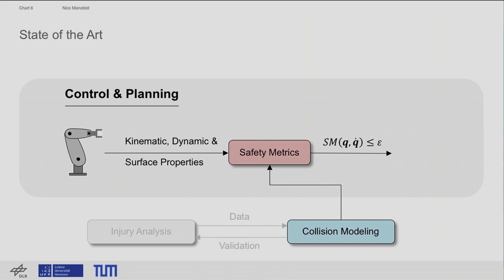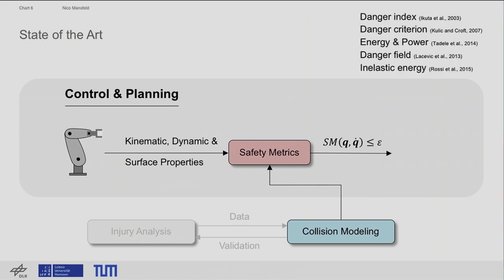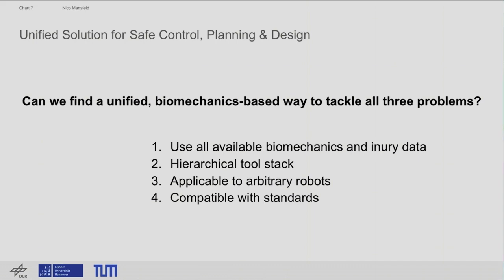Okay, so for control and planning, many safety metrics have been proposed over the years, and they relate the current kinematic and dynamic surface properties to a certain metric that shall be as small as possible or below a certain threshold. And these safety metrics typically use collision models, often very basic collision models, or sometimes even more sophisticated collision models, and there are many examples for these safety metrics, but typically the real injury data is missing. So what we want to do is base everything, so control, planning, and so on, always on